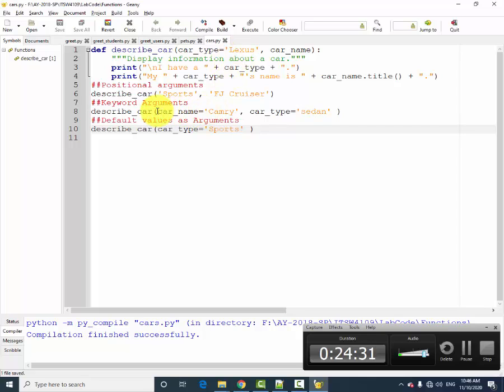Now car name I have to pass. Car name is sports. Okay,